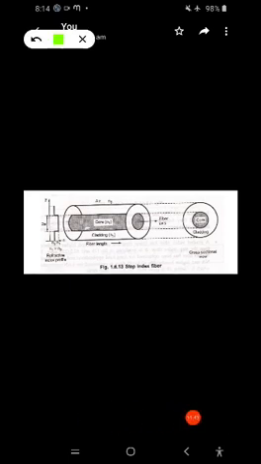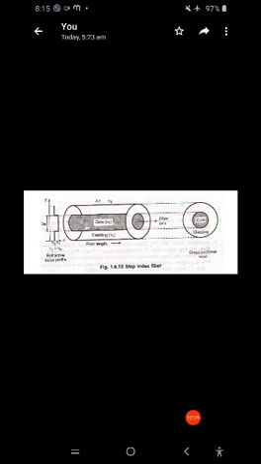Okay, here it is, the index profile. Just now we have seen the step index profile, and here the core has a refractive index of n1 and the cladding has n2, which is less than n1. This one is the fiber length, and here is the cross-section view of the fiber, right?